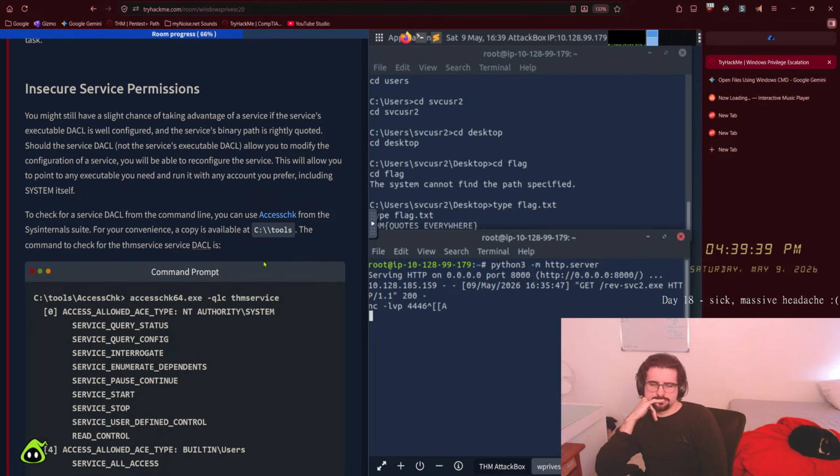This will allow you to point to any executable you need and run it with any account you prefer, including SYSTEM itself. To check for a service DACL from the command line, you can use accesschk from the Sysinternals suite. For your convenience, a copy is available at C:\tools. The command to check for the thmservice is